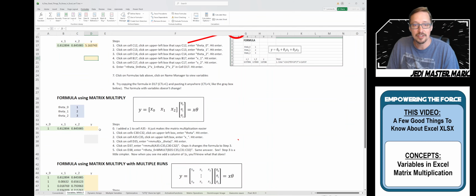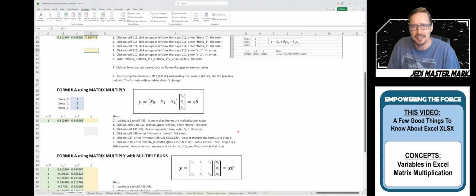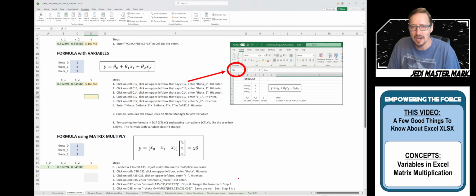Now we're going to go down to formula using matrix multiply. So you see the formula here. It looks very different than this formula up above, but it's actually the same. What happens when you're multiplying matrices is right here you have x naught times theta naught plus theta 1 times x1 plus theta 2 times x2. Or shorthand, just x